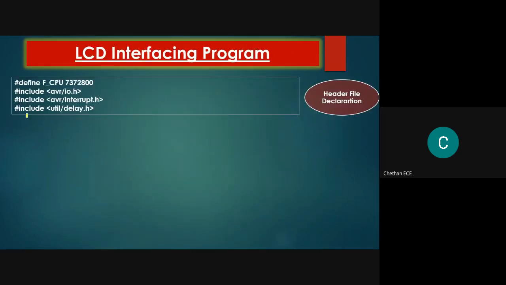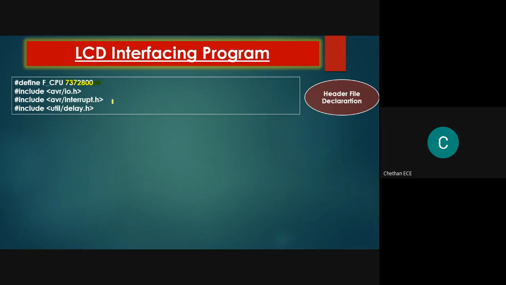Under the header file section, I am declaring the clock frequency of the microcontroller using the #define directive with the name F_CPU. After that, to utilize input output operations, I'm using avr/io.h. Suppose by chance somebody presses the onboard reset button, an interrupt will occur.